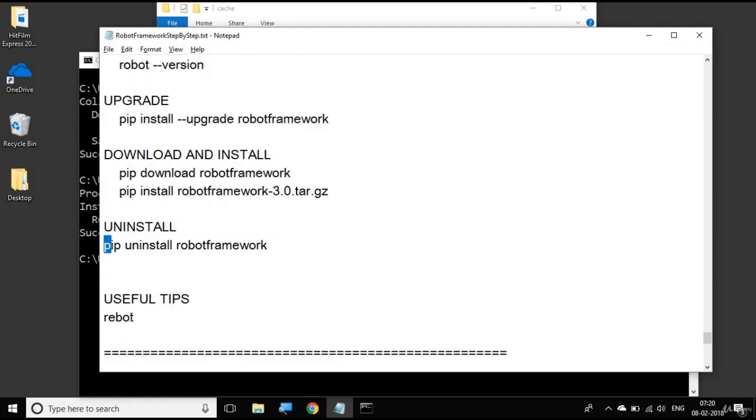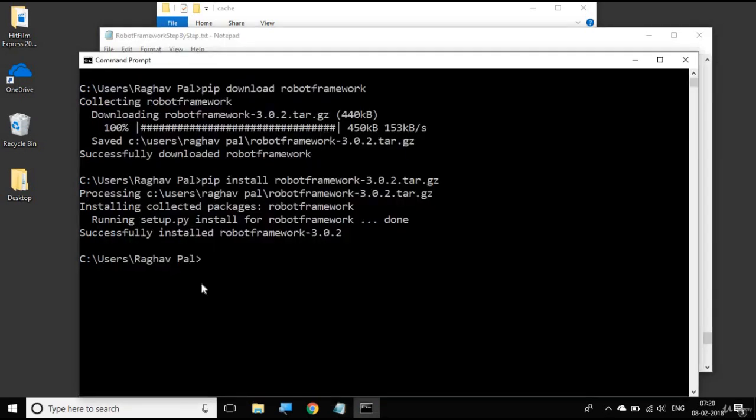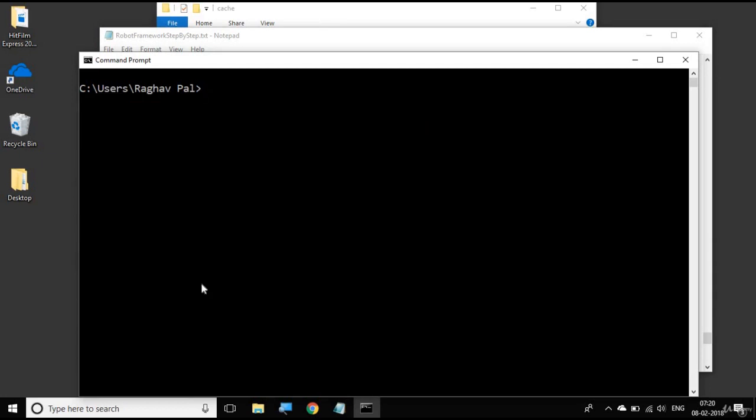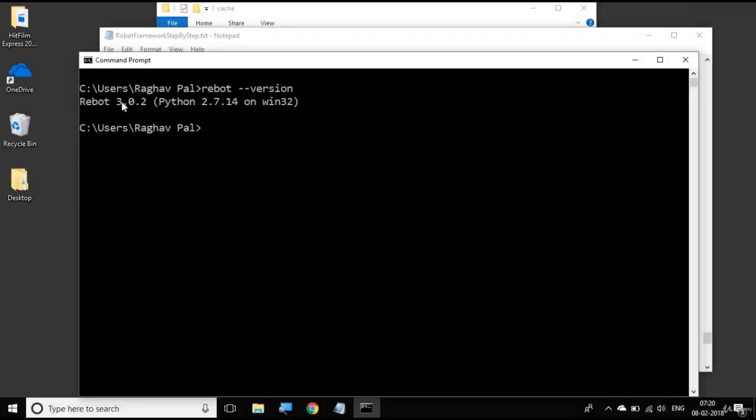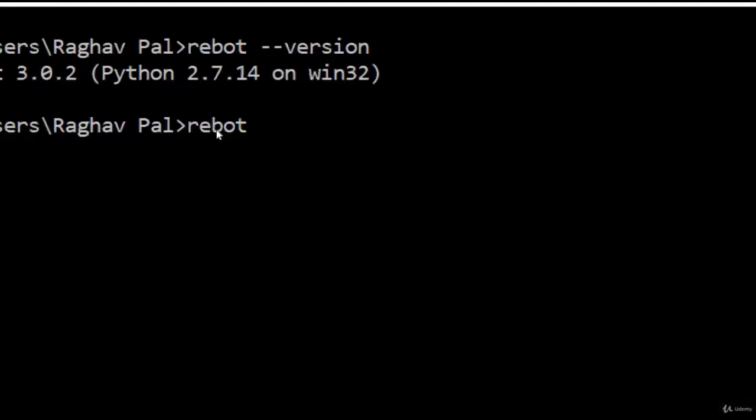And in the useful tips, let us learn about rebot. So when you install Robot Framework, and if it is Robot Framework 2.7 version or above, then you will also have rebot installed, and you can also check the rebot version by saying rebot --version, and it shows you rebot 3.0.2, which is the latest. Now what exactly is rebot? Let us go to rebot --help